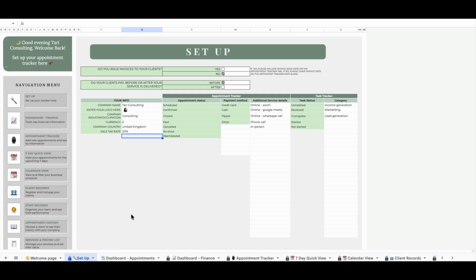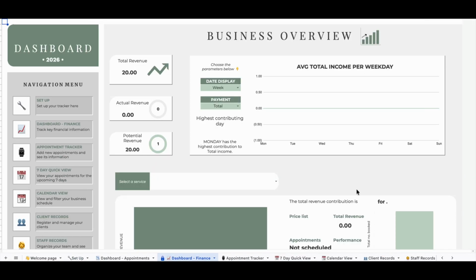If you are not purchasing the appointment and revenue system of VAT monitoring, the whole tracker is exactly the same. The difference is it doesn't include the VAT monitoring at the top of your business overview tab. Other than that, it still includes your sales tax column for those of you who have to collect sales tax and pay sales tax over. And it still includes all of the other features